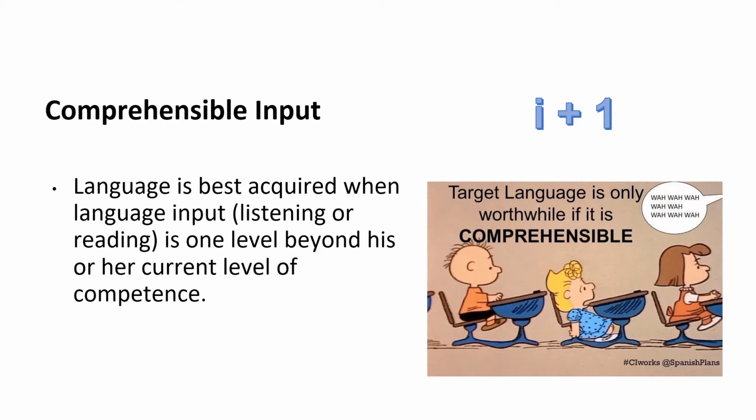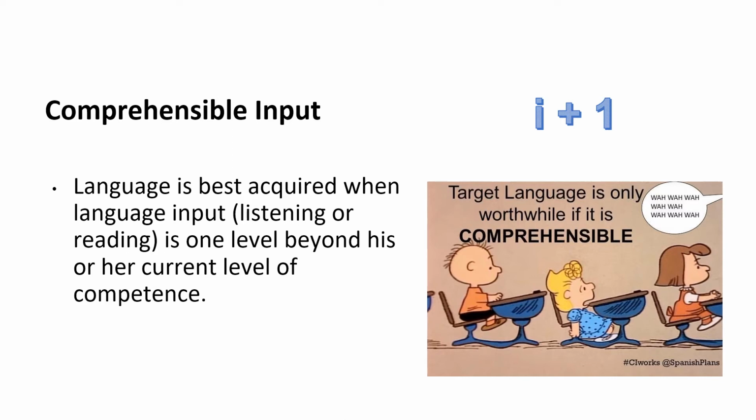Comprehensible input is the term that was coined by Stephen Krashen in his input hypothesis. This hypothesis states that learners need to receive input that is just beyond their current understanding in order to grow. And he called this I plus 1. Now, I means the learner's current status or knowledge. I plus 1 is the input that is slightly beyond his or her current level of competence, and Krashen called